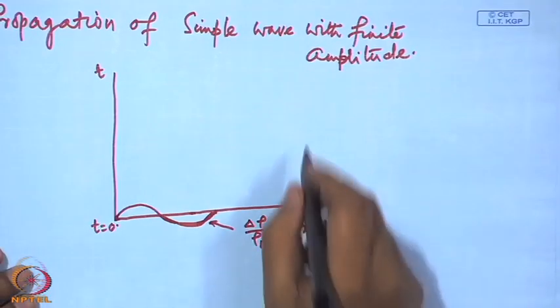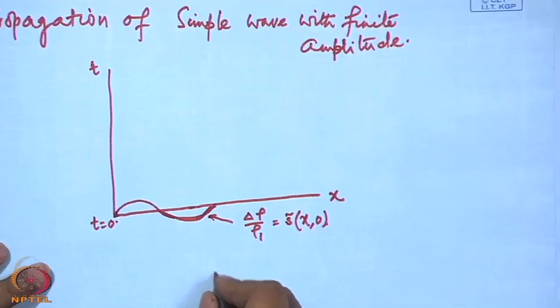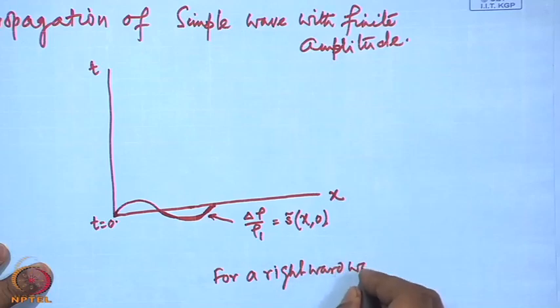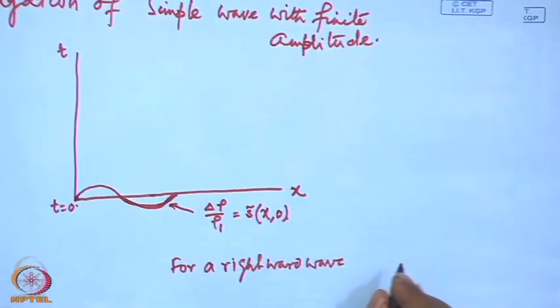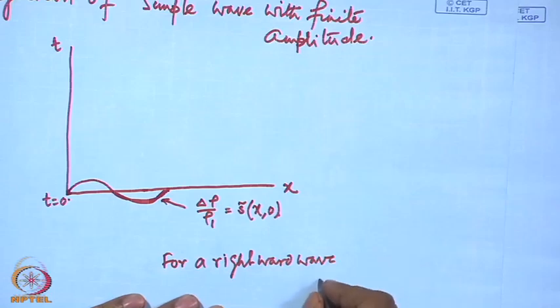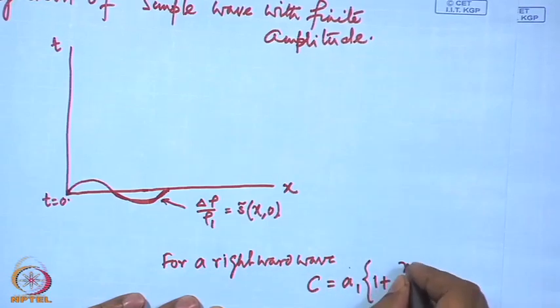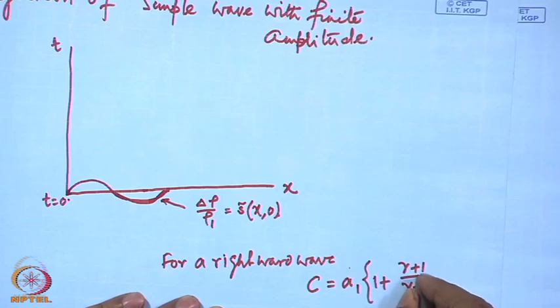We consider a rightward propagating wave, for which the wave speed is c equal to a1 times 1 plus (gamma plus 1) by (gamma minus 1) ...